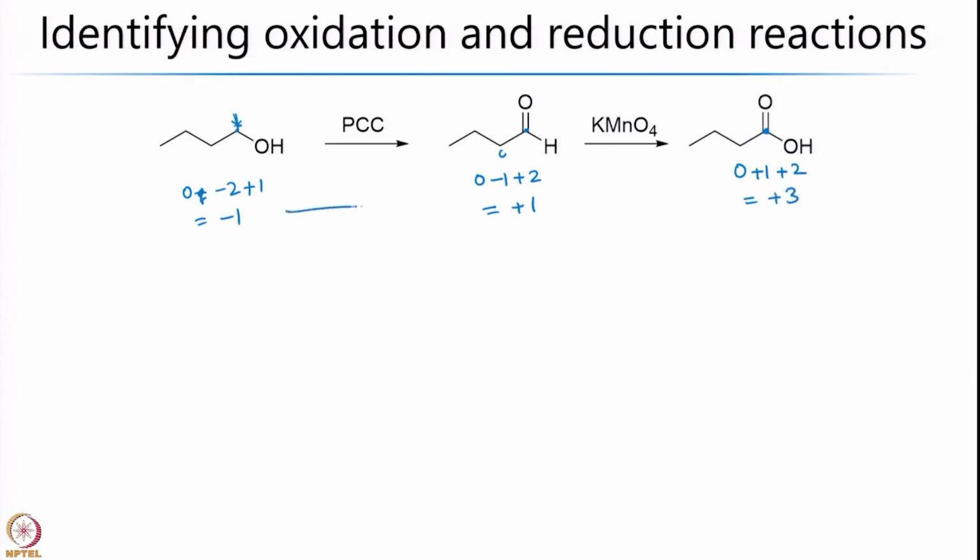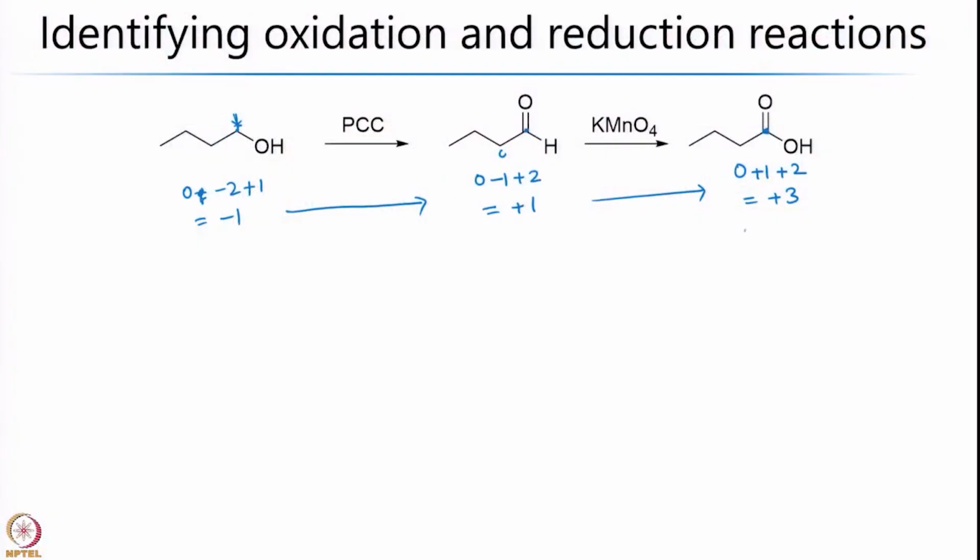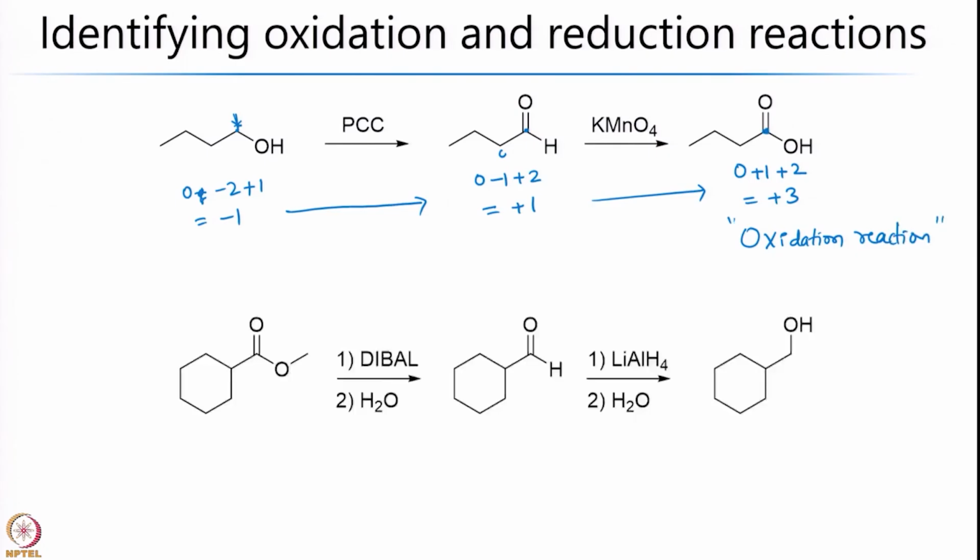So, here you see that the change in oxidation state is from -1 to +1 to +3. Since you are going from -1 to +3, to a more positive oxidation state, you would typically call this an oxidation reaction. Thus, we can call this an oxidation reaction. And similarly, let us take another example where we have a cyclohexene derivative, and